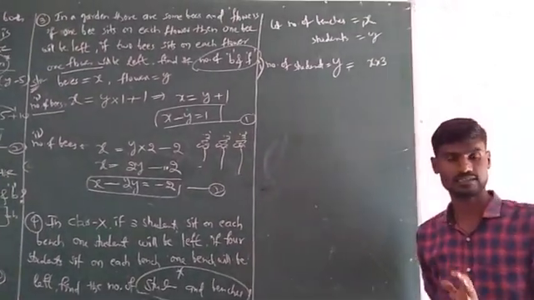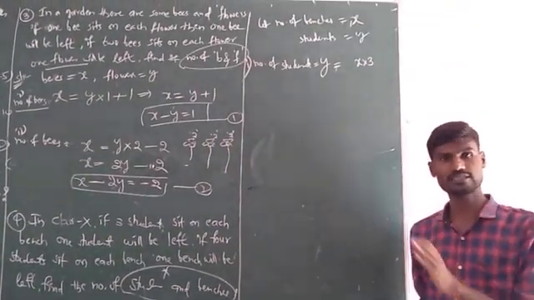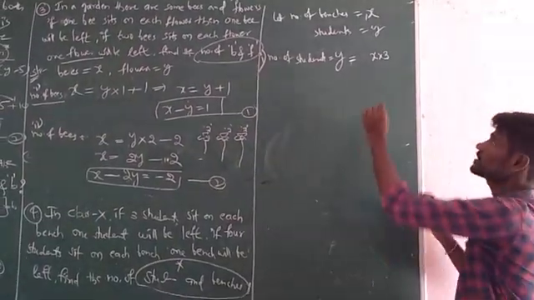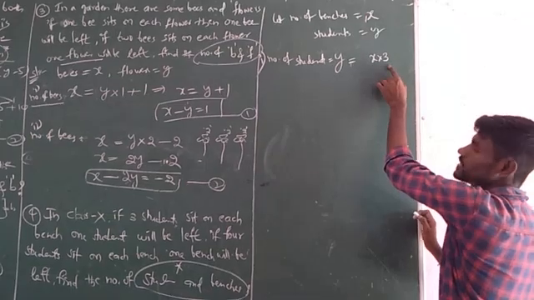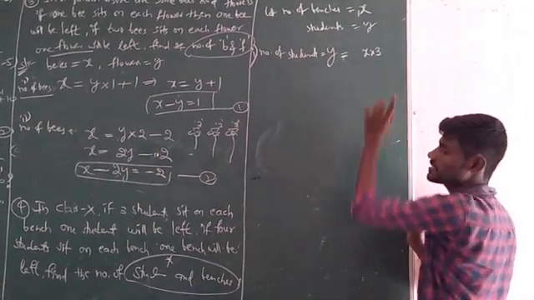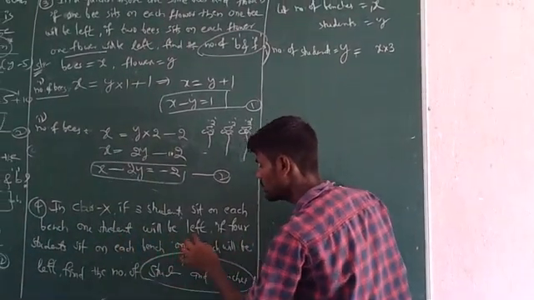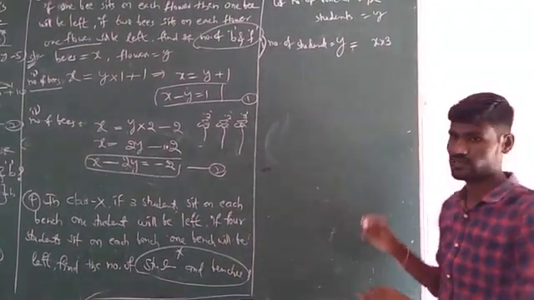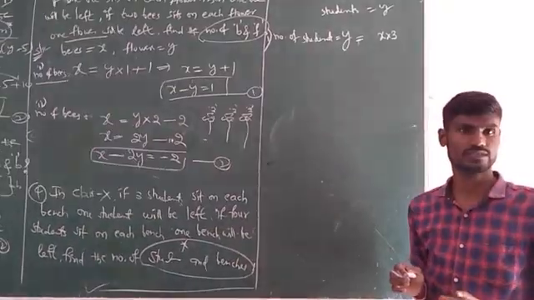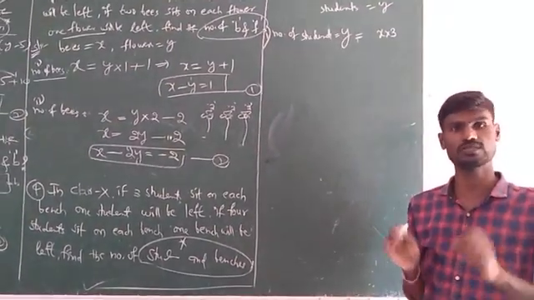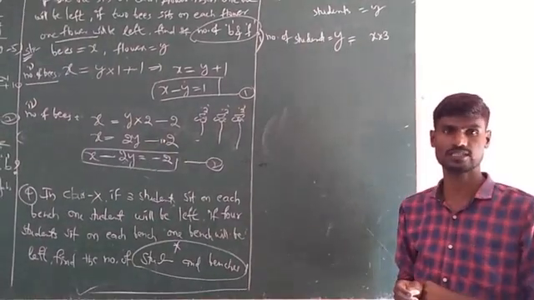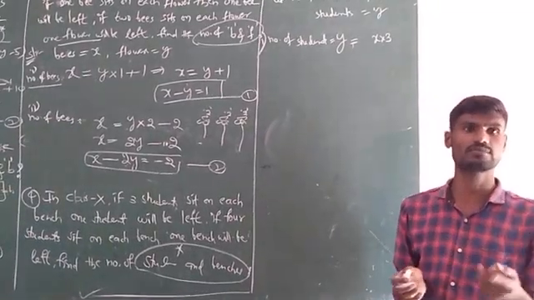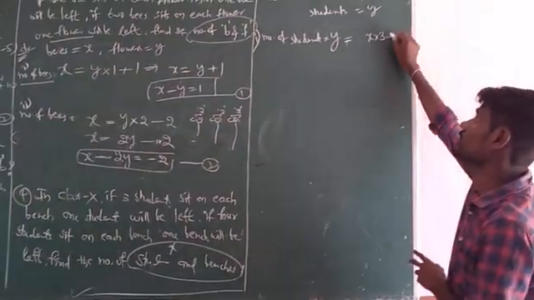Suppose in your class 10 benches are there. On each bench 3 students sitting. Total count how much? 10 into 3, 30. Like that, x benches are there, each bench 3 students. Even though in this arrangement, one student will be left. Left side also students y. Suppose 31 students are there, 10 benches are there. For each bench 3 students. 10 into 3, 30 students completed, but one student left. He is waiting for a bench. That is the condition.